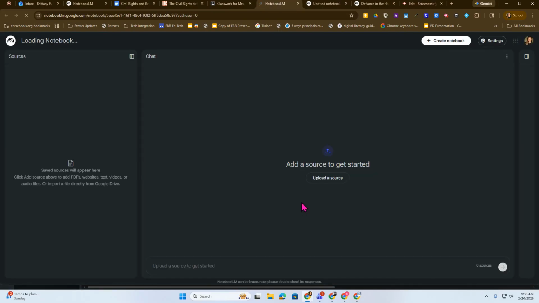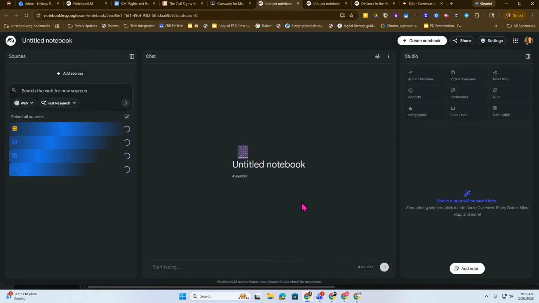It's really helpful if you have your Google Classroom set up in topics already. That way you can just click a topic, put all of that information into your NotebookLM. It's going to read those sources and it's going to create it. You can give it a name